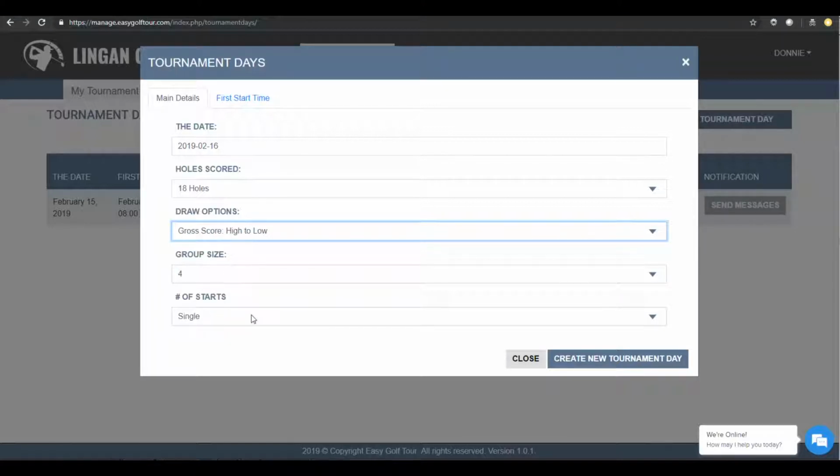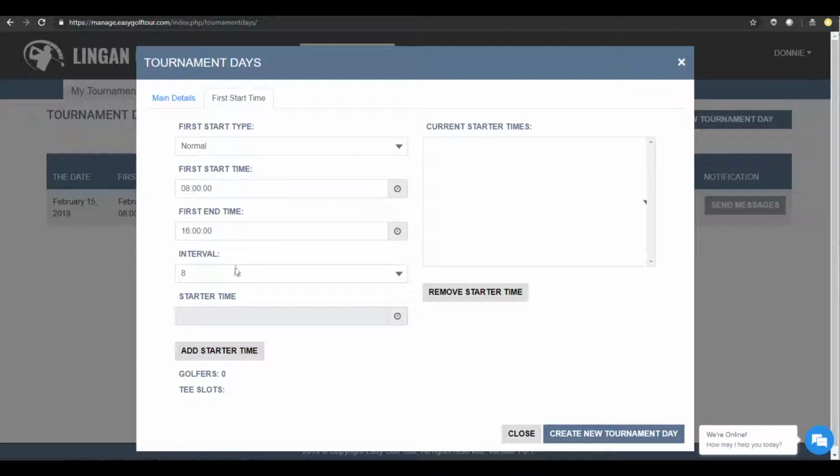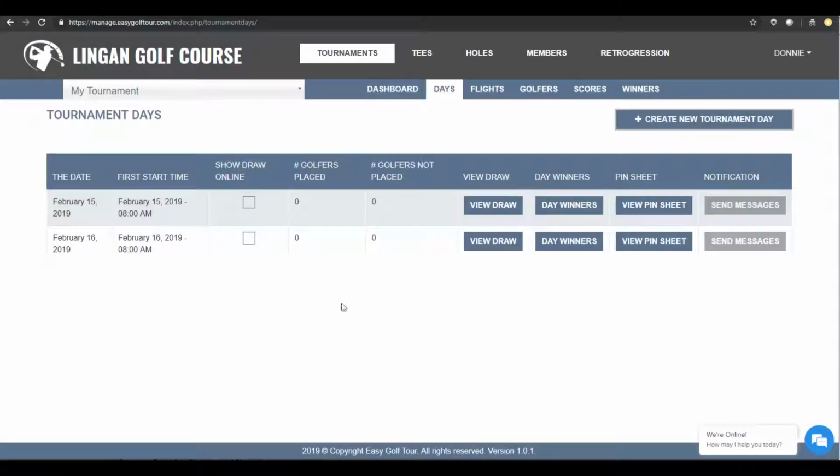The group size is still going to be 4, and we're still going to do a single start and keep all the settings the same. So now that both tournament days are created, and you can see here from the summary, we're going to go